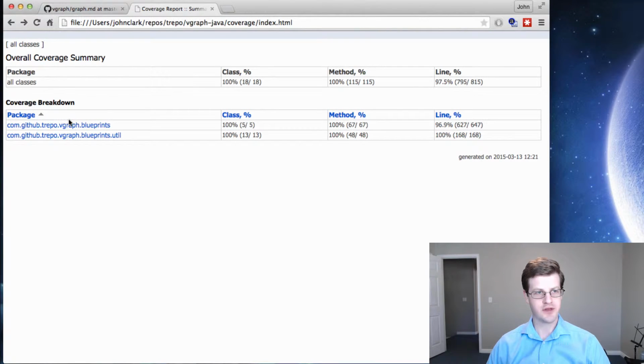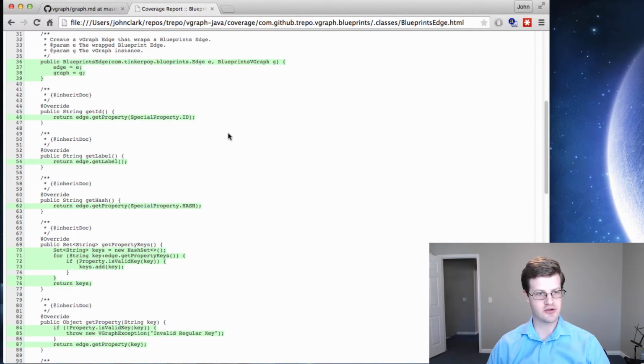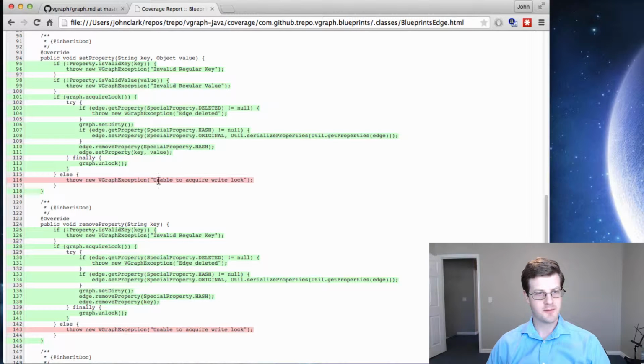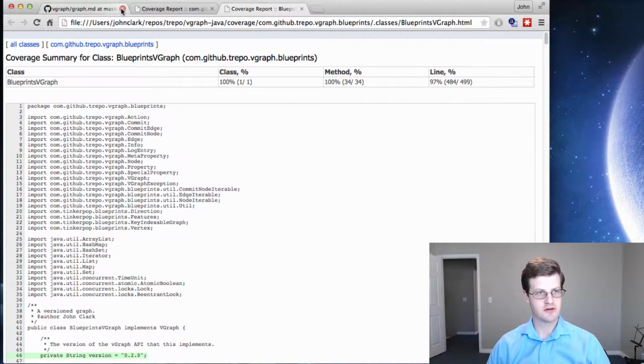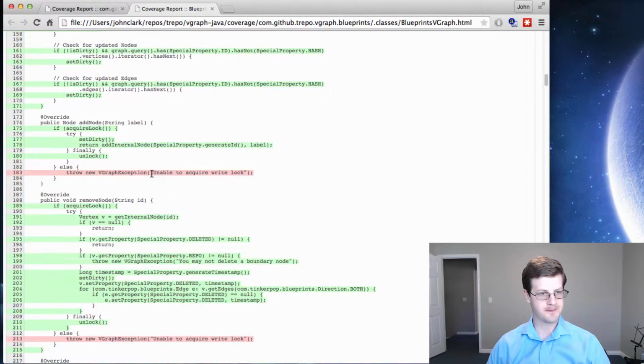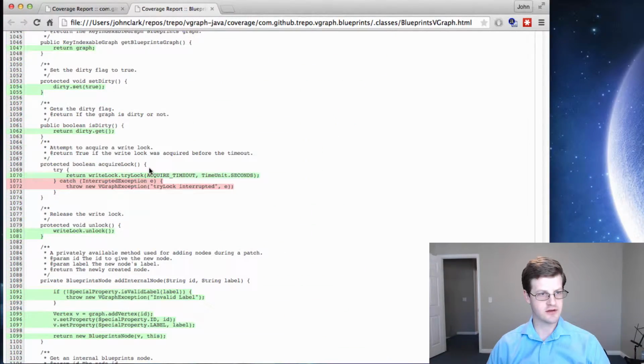Ooh, pretty. And then blueprints is at about 97%. Now the reason for that, just go to edge because that one's nice and short, is write locks. So actually I should have gone to vGraph. Close that. It's down here somewhere. Let's see. Acquire lock. So this has a try lock with a particular timeout, and if it's